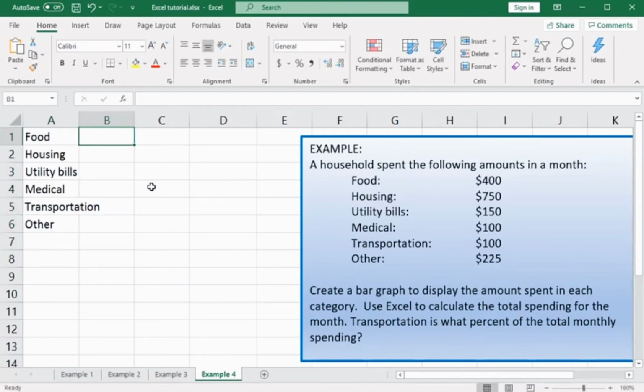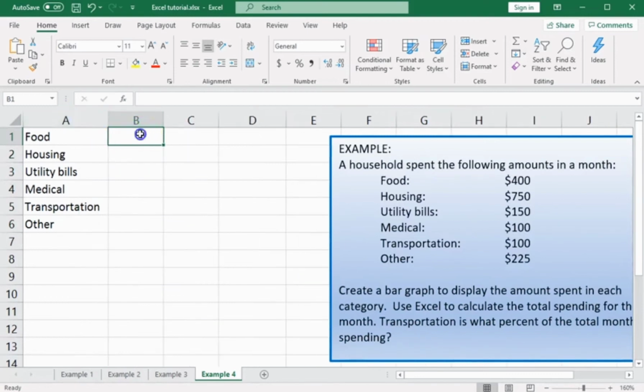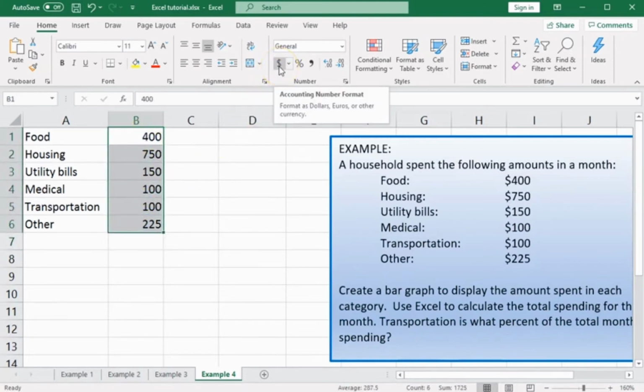In column B, we're going to enter the dollar amounts: 400, 750, 150, 100, 100, 225. Now we'd like to see these formatted as dollar amounts, so we can use the currency format shortcut up here,